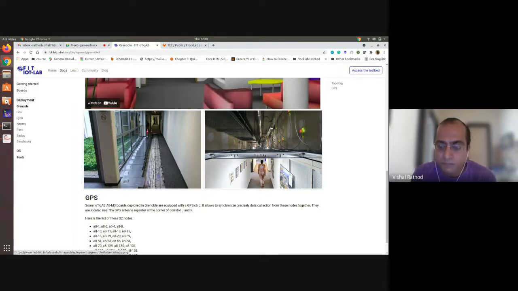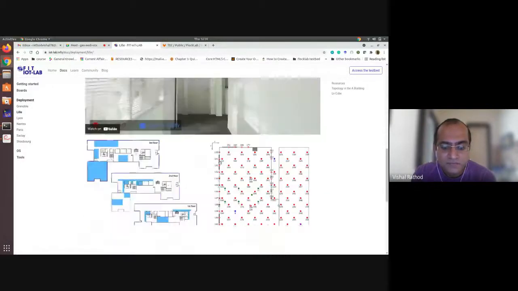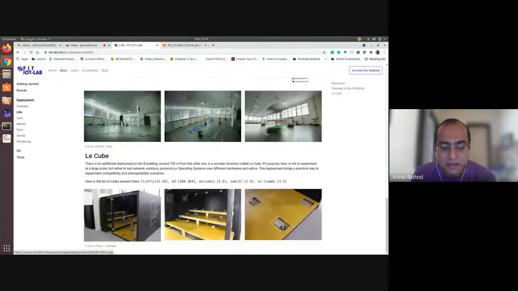On the ceiling, they also deployed sensors, and on the side wall, as you can see. Now we will move to the Lille site. This is Grenoble. As you can see, in these premises they specifically created a cube to deploy the sensors on a board like this. And these are the robot motes that I will cover.